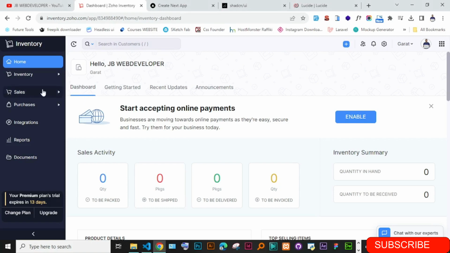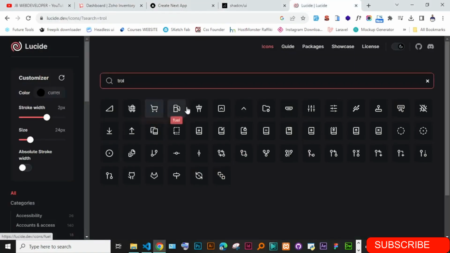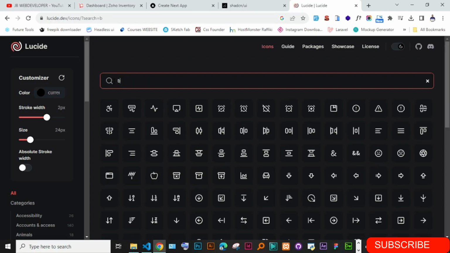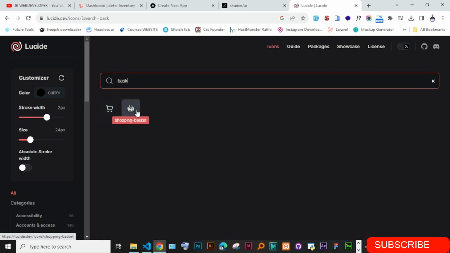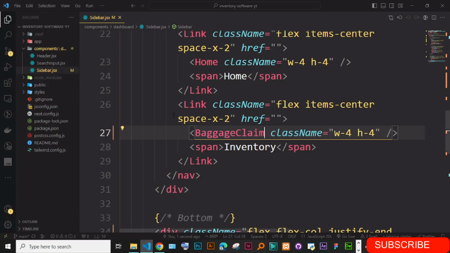Next is sales, so I'm just going to add for sales the cart. Let me see if we can get another cart. We have the shopping cart, and let me just search here also for the bag or basket. Okay, so I'm just going to use shopping basket since we are already using another cart here. I'm just going to use the basket. So just duplicate, and this inventory here is going to be